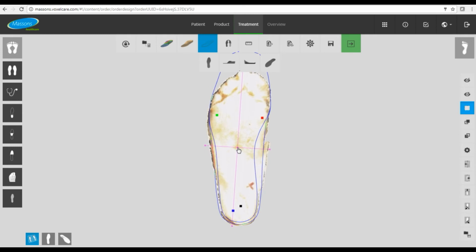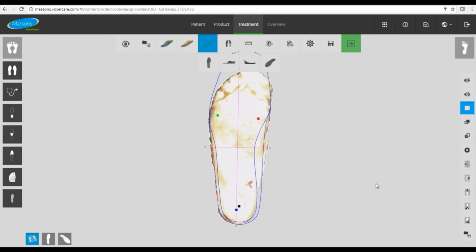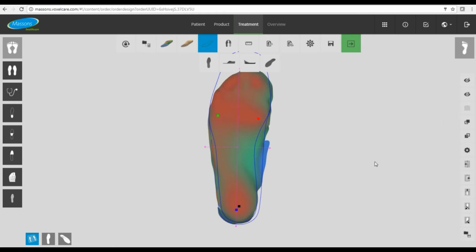First thing we need to do, we'll get it round about center, but we need to move these alignment points under the 5th met head, the 1st met head, and the heel. So the main idea of aligning this 3D data, we'll turn off the texture just so we can see it a bit more clearly,